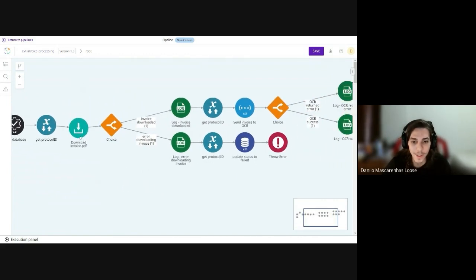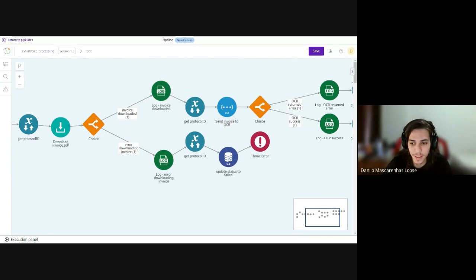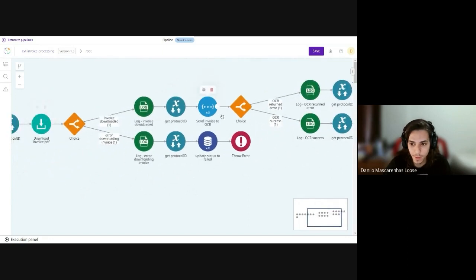And with the ID we received and saved in the session management, we can download the invoice.pdf here. And as we are calling an external service, we need to verify if it was successful or if it failed. And if it failed, we can update the status to failed. But if it's a success, we can send that invoice that we downloaded to the AI service that we call OCR.